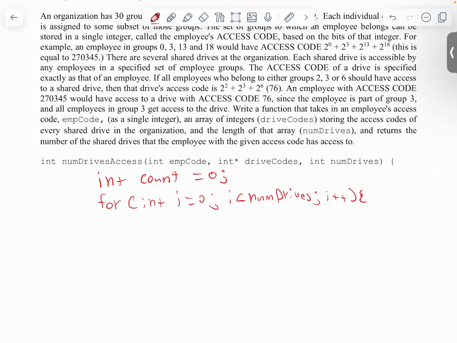Actually, we don't need brackets. It's going to be one line. And then for every drive code in num drives, we just want to and it with our employee code and see if it gives us a non-zero value. So if employee code and drive code, yeah, exactly. So if our employee code and drive codes i,